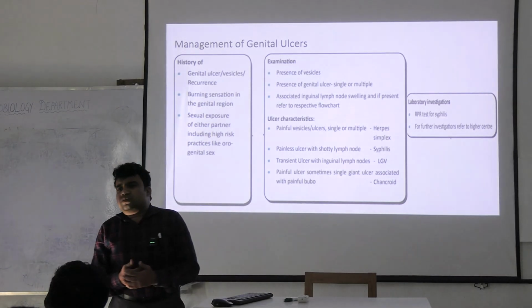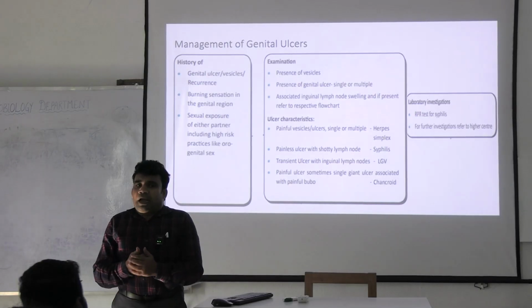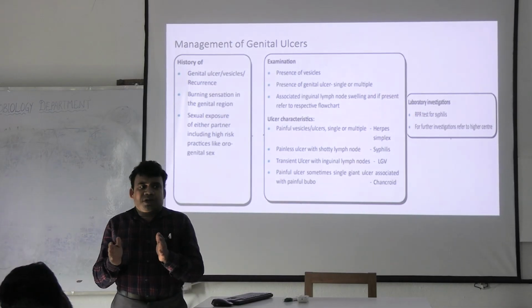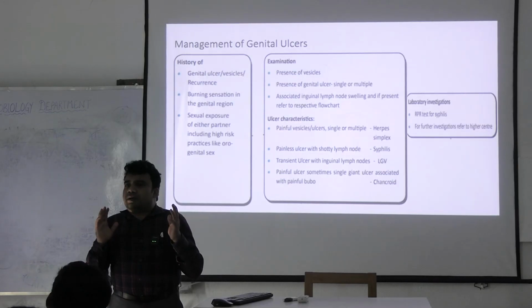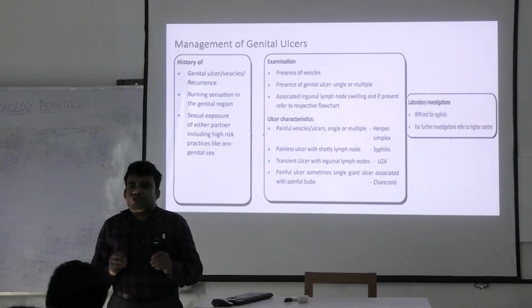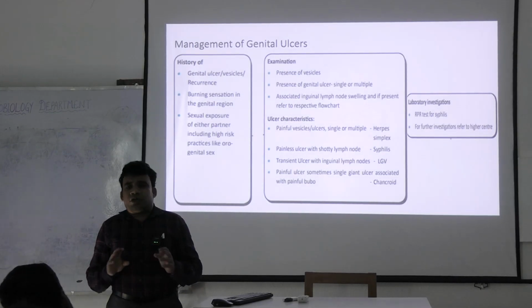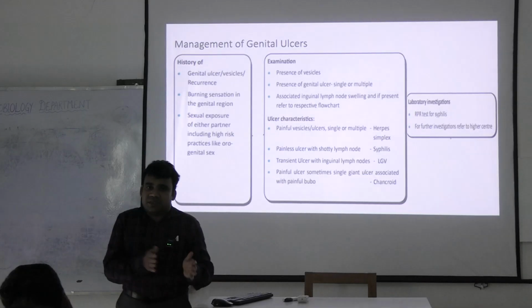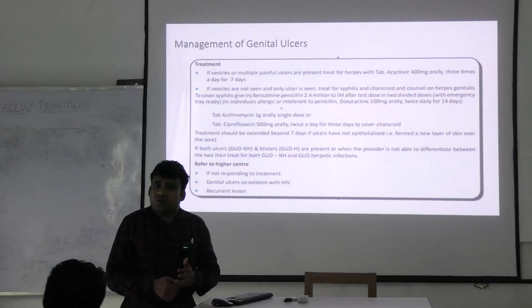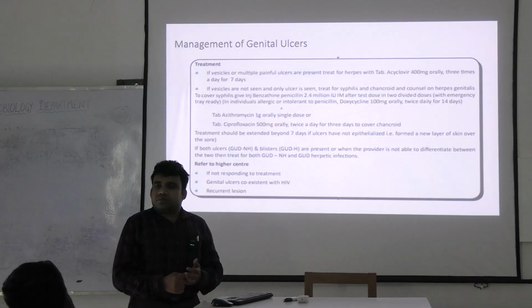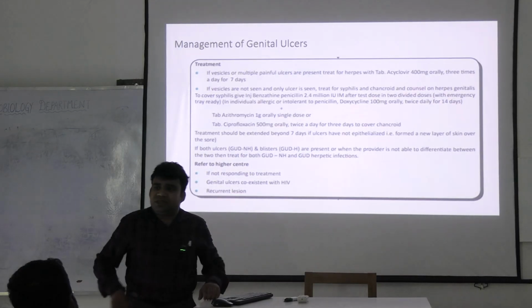Generally, chancroid presents with a single ulcer, and it has a very short incubation period, about 3 to 5 days. So the patient will have a definite history of sexual encounter recently, that is in less than 1 week. So what are the investigations that we need to do? What are the investigations we need to do?